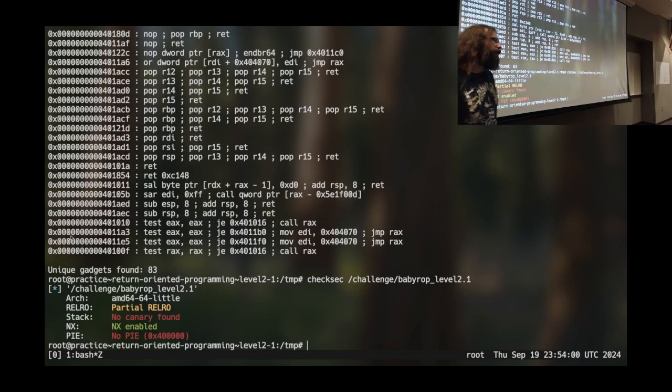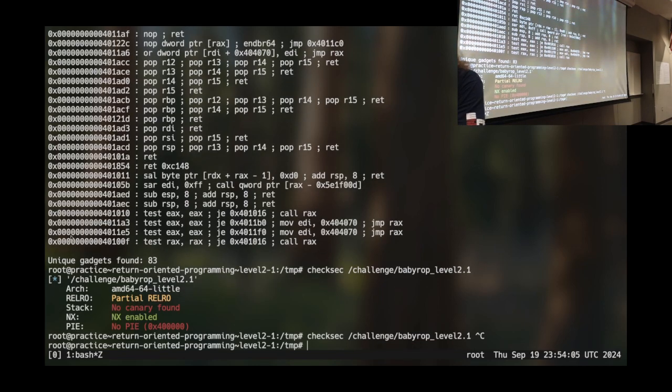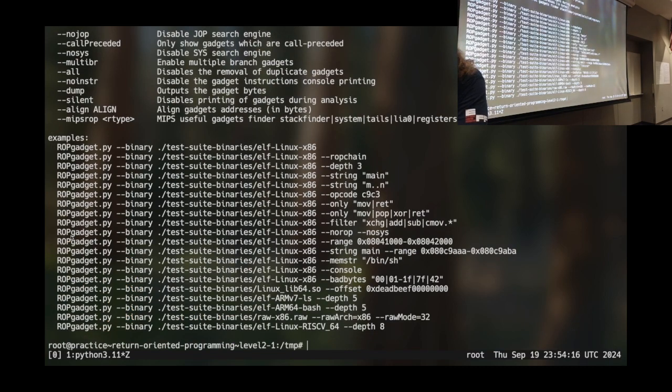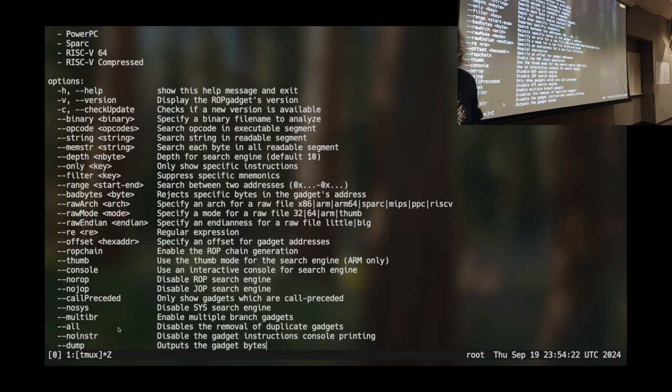Is there a restriction on the length of the instruction? That's based on the tool. The question was, is there a restriction on the length of the instructions or the length of the gadget? Right now, for instance, ROP gadget, quite sanely, doesn't show duplicates, so there are multiple locations that could have that same thing. We have dash all through there. Somewhere there is a length argument. Did you find it? I think it's depth. Is it depth? Yeah, search depth for search, default 10.